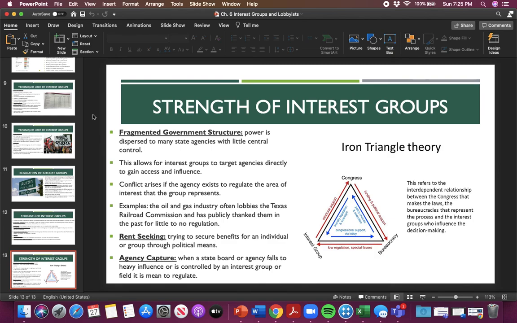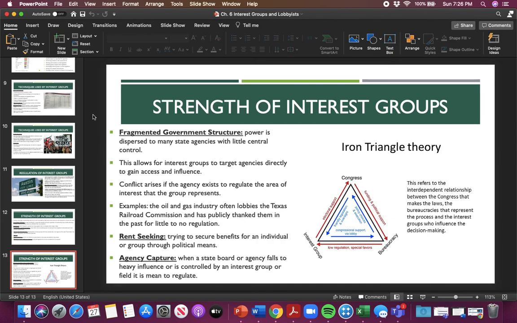Conflict arises when agencies exist to regulate a specific area, but essentially they have been lobbied so heavily and so successfully that they don't do that well anymore. And we call that agency capture. A good example of this is if we look at President Trump's administration. The person, I cannot remember the individual's name off the top of my head, but the person that President Trump appointed to head the EPA, the Environmental Protection Agency, used to be a CEO of an oil and gas company. That's agency capture, because now we have put somebody who does not believe in the purpose of the agency